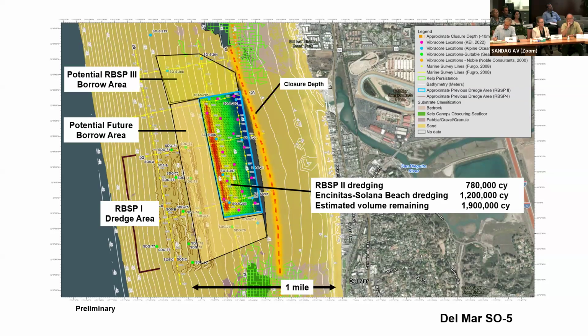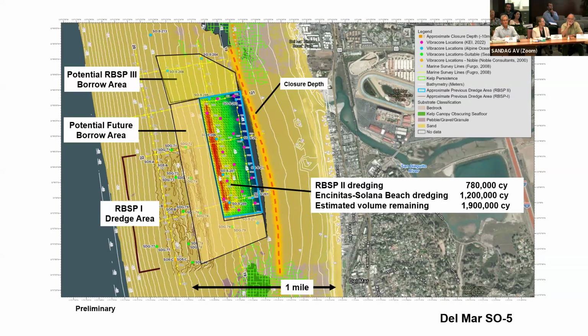There's a number of good vibrocores in the northern area there. We think we can expand the borrow area to the north. That's about 70 acres. If we take that down 20 feet, we might expect another 2 million yards. There's probably at least 2 million yards left in place in the RBSP2 area. After RBSP2, after the core's dredging, if that area still continued to be taken down 20 feet, we could have still 2 million yards remaining in that